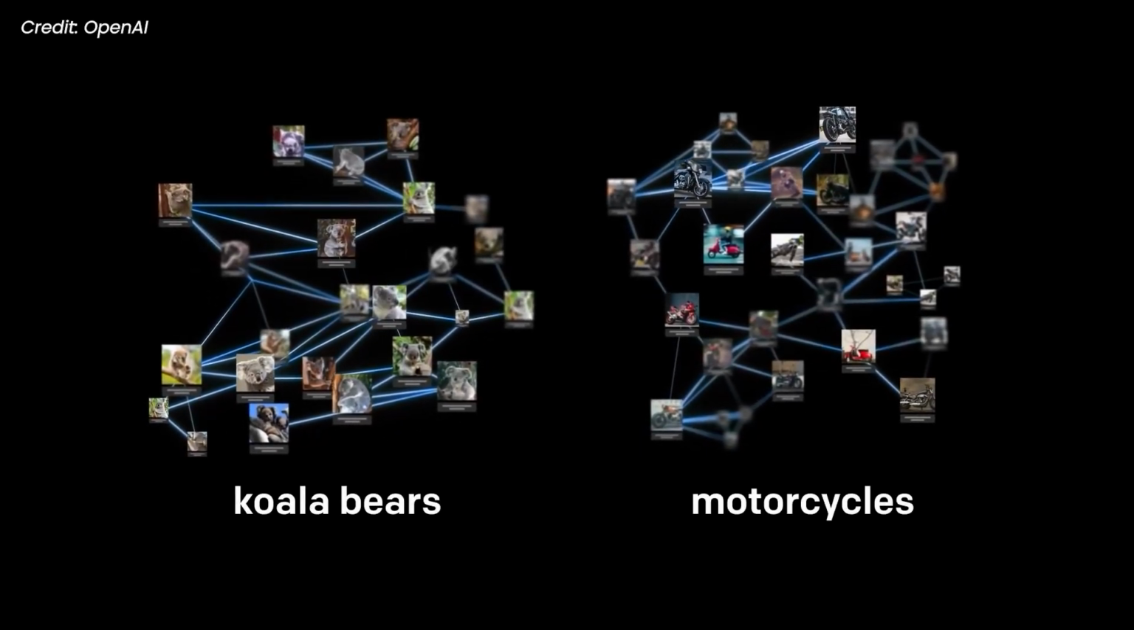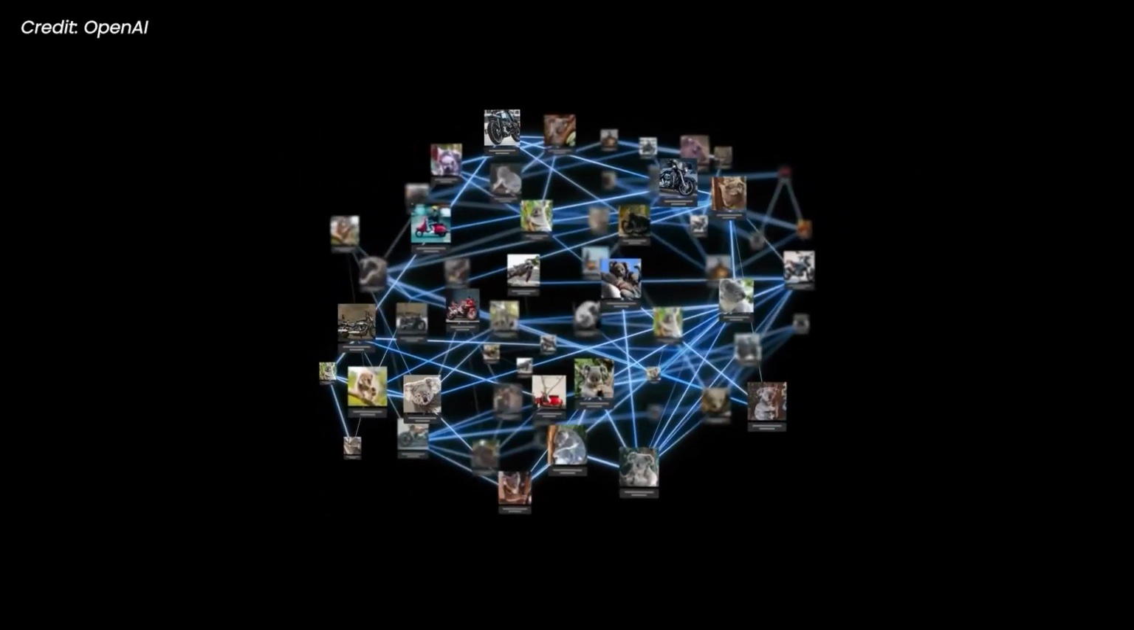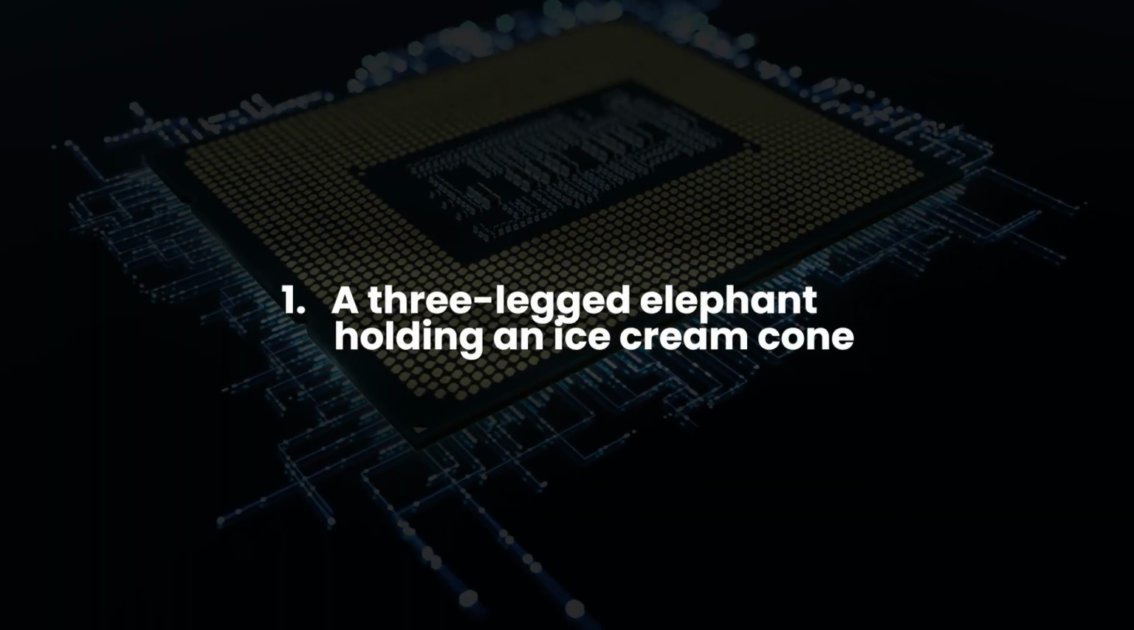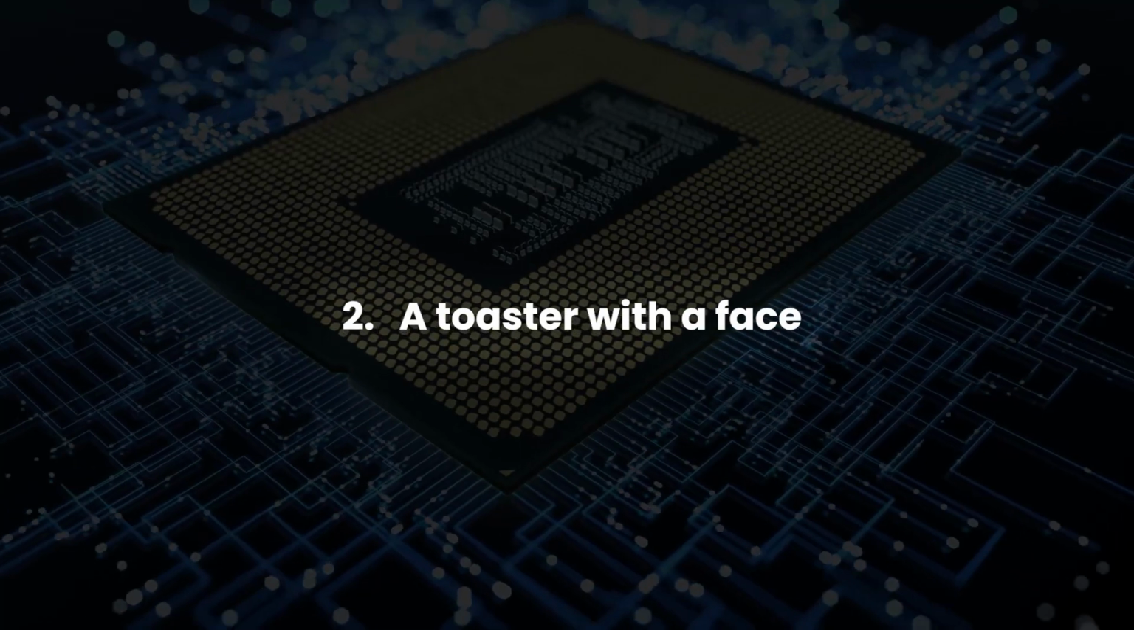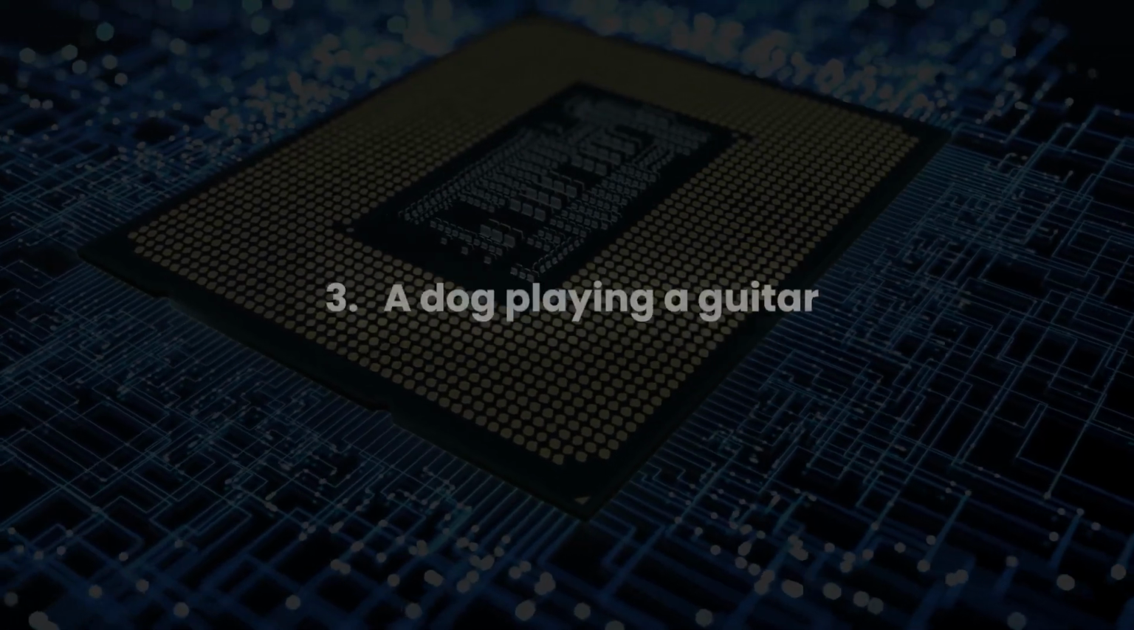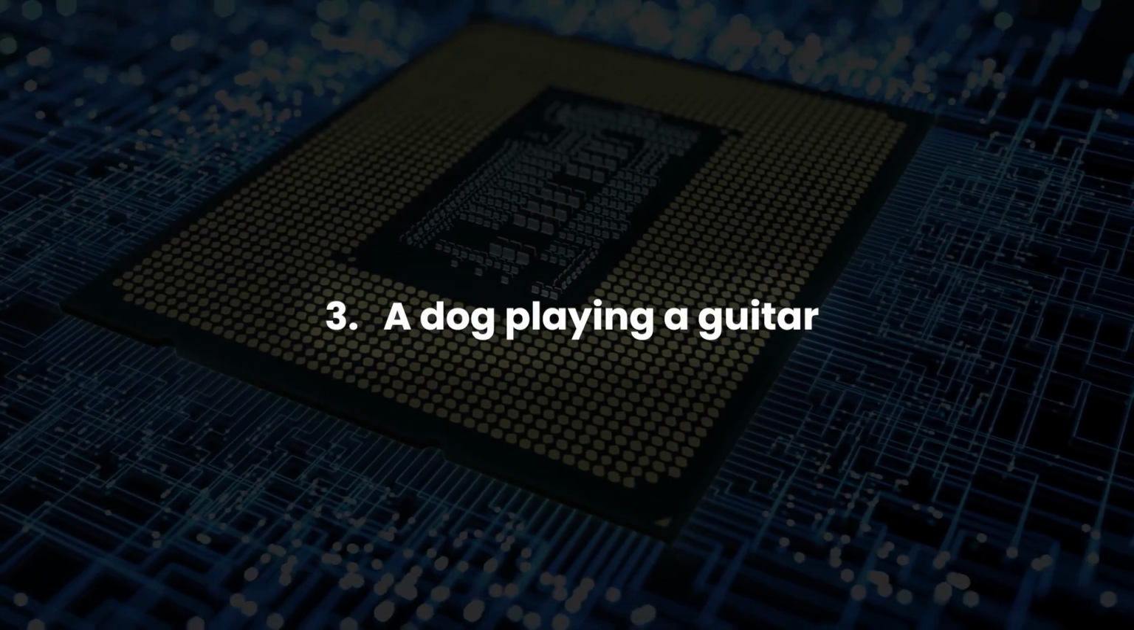Here are some examples of images generated by Dalle. A three-legged elephant holding an ice cream cone. A toaster with a face. A dog playing guitar. Dalle works by encoding textual descriptions into a latent space and then using that latent code